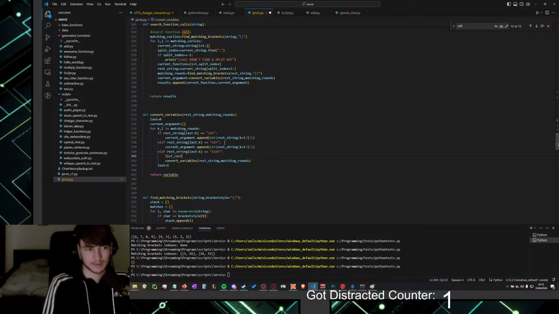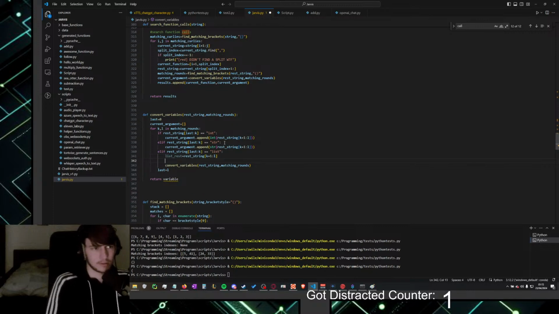List rest. Let's call that, and say that's K to L. That's like rest string K to L. Do I need to exclude something? Yes, I need to do this. And then we also need to run the find matching brackets.